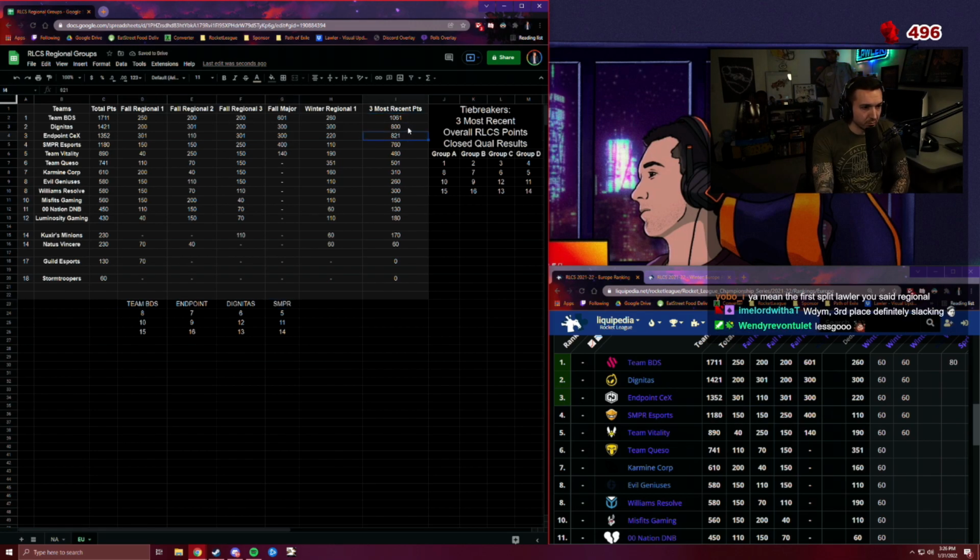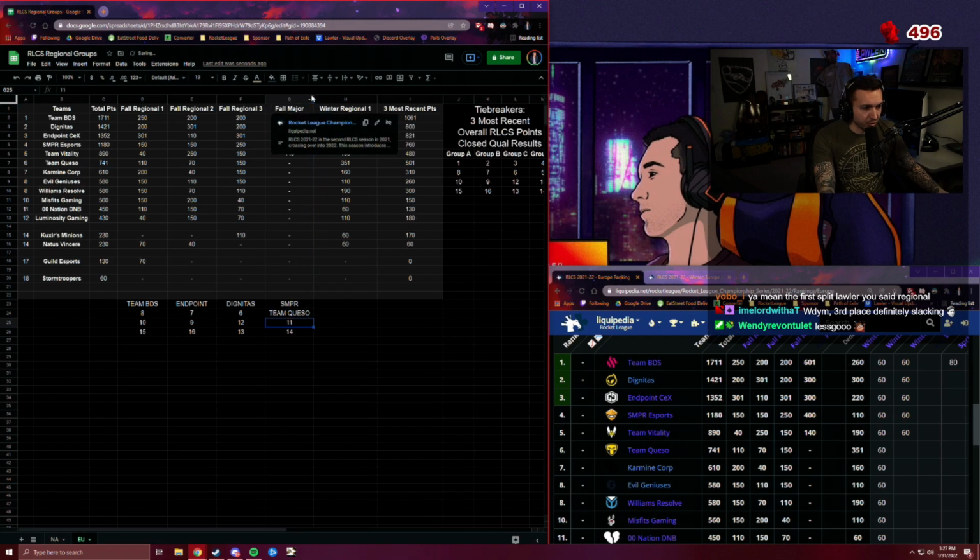1st, 2nd, 3rd, 4th. 5th will now be next under 760, which is 501, which is actually Team Queso because they won the event. They bump up quite a bit. I've also got to make this bracket or column bigger. Okay. 6 under 501 is 480, which will be Team Vitality in a group with Dig. Gosh, talk about a throwback.